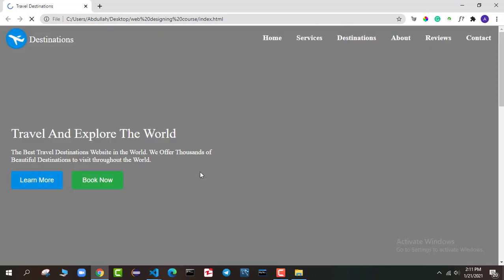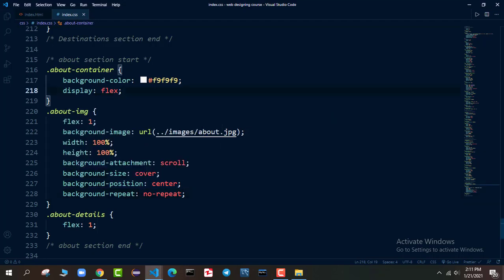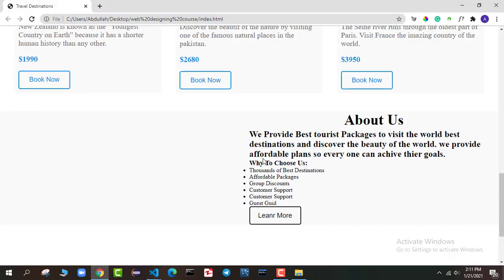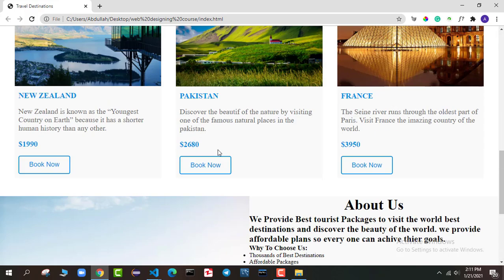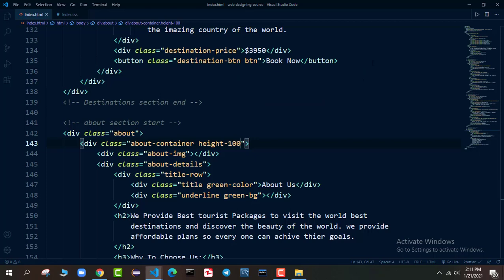Now if I go and refresh it, you can see we are not seeing anything. Now why does it happen? It happens sometimes when you don't give any height. So we have height 100. So if I apply this one, you can see we got this beautiful image out there. Now after that, the task is to style this about section.